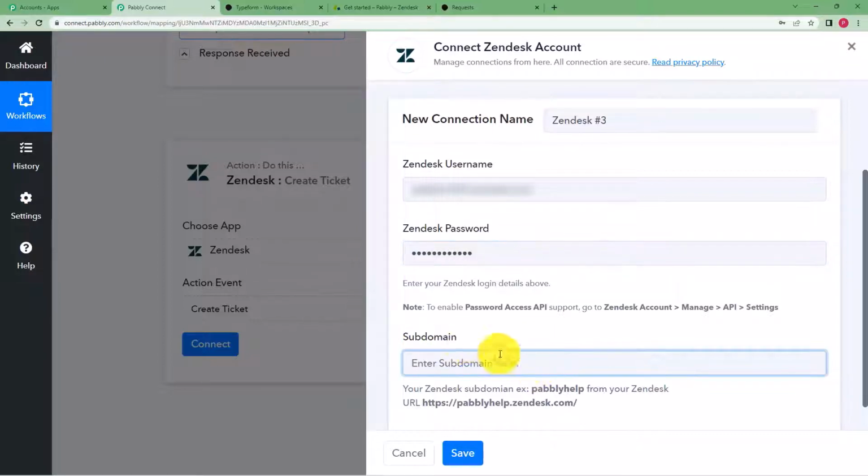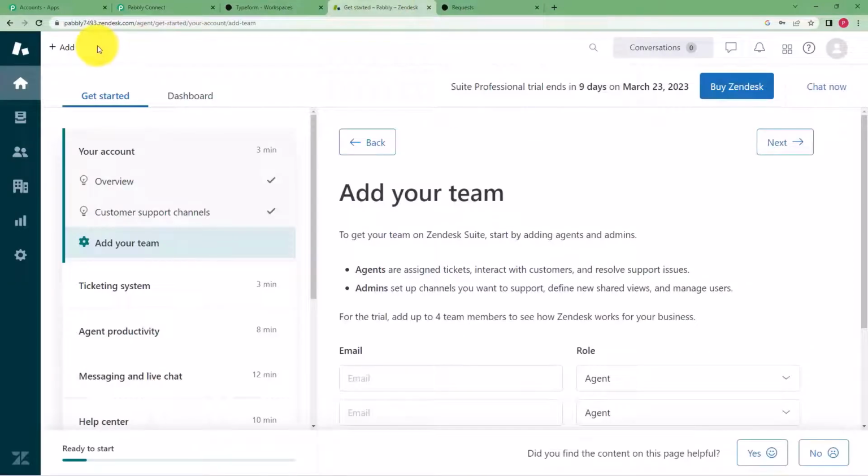This is the password. Now I have to enter the subdomain. This is something that is important for you to understand: what is a subdomain? The subdomain of your Zendesk will be different from mine. So when we go back to our Zendesk account, you can see over here, everything that is after the slash